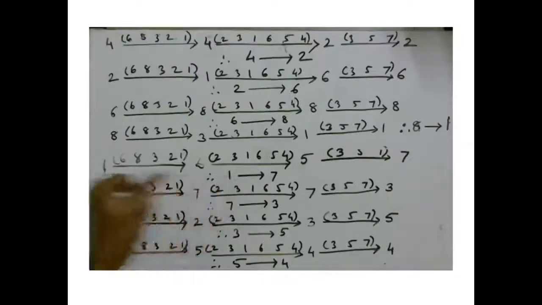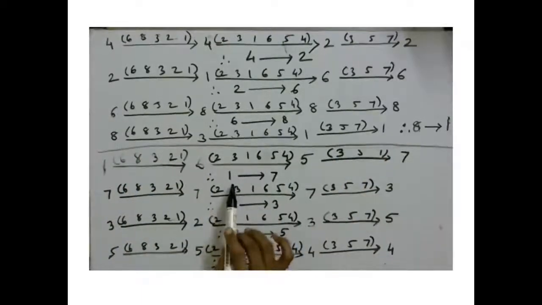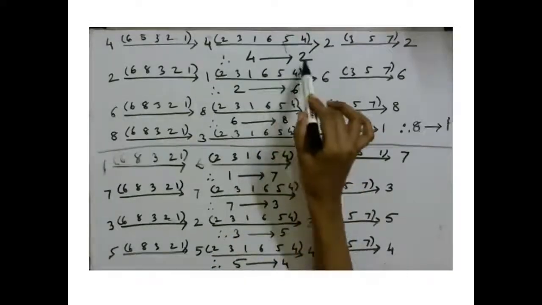We have started with 1 and we came back to 1. And have we covered all the numbers? 1 goes to 7, 7 goes to 3, 3 goes to 5, 5 goes to 4, 4 goes to 2, 2 goes to 6, and 6 goes to 8. So all the numbers are covered, and therefore